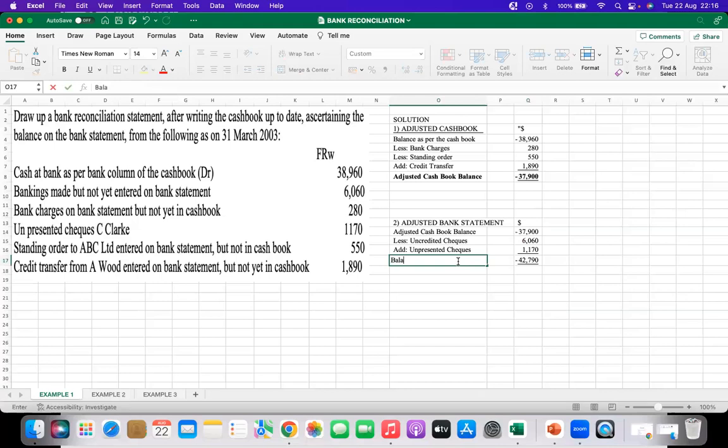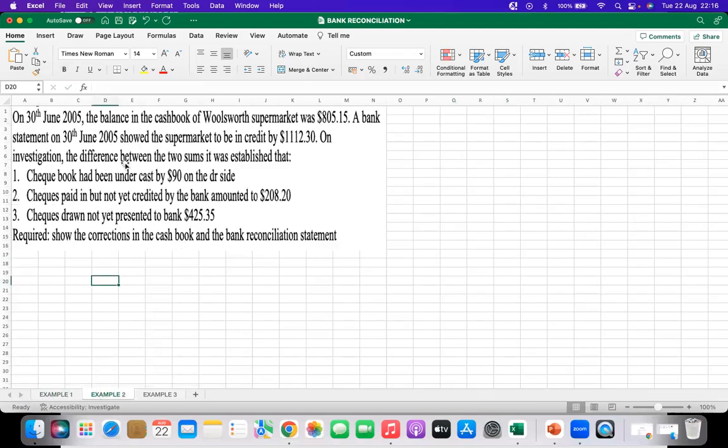So this is the balance as per the bank statement. Now, this balance as per the bank statement, in this question we were not given. Sometimes it is given at the start of the question. Which means this balance as per the bank statement should be the same as the bank statement figure, which is normally provided sometimes in the question. So this is an example of how a cash book question or a bank reconciliation question is attempted. Let us look at maybe another two more examples. So let's quickly go to a second example.